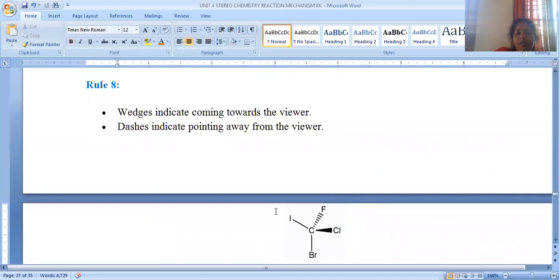And there is a representation with wedge bonds. The dotted line bond is nothing but the group which is away from the viewer. When we are seeing from this side, the group is on the opposite side to us. Sorry, wedge bond is nothing but a thick bond or strong bond which is towards the viewer, whereas dashed bond is nothing